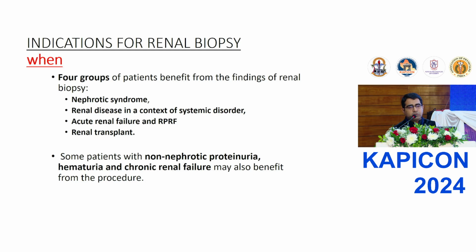80% of them reverse within a 2-week course. However, acute renal failure can be of any cause. In general, if there is no reversibility seen, or if the patient tends to be oliguric for more than 3 days, then such patients will require dialysis. To understand what the pathological process is in such patients, we require a kidney biopsy, or even once the creatinine starts peaking and over a period of time starts dropping down. However, if there is no reversibility of creatinine or the creatinine doesn't come back to normal, then in such patients also a kidney biopsy is warranted to know the extent of the disease.